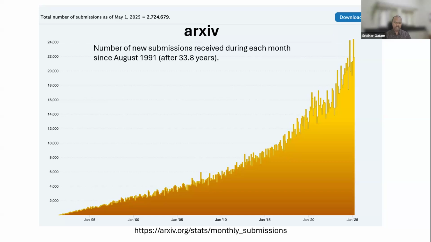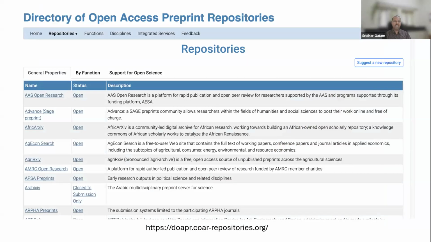Why? Because the researchers don't want to wait for the longer gestation period of publication, and they want to immediately communicate to their peers, and at the same time also want feedback to improve upon the work. So that's how this is growing. And you can see if you visit this